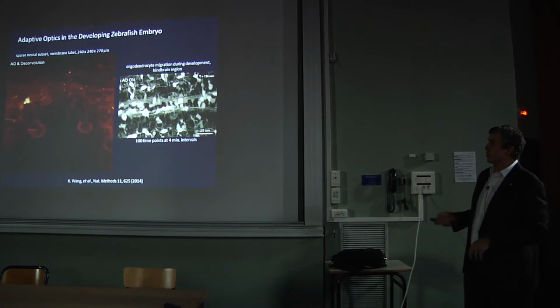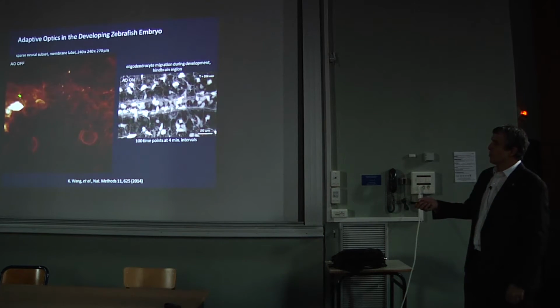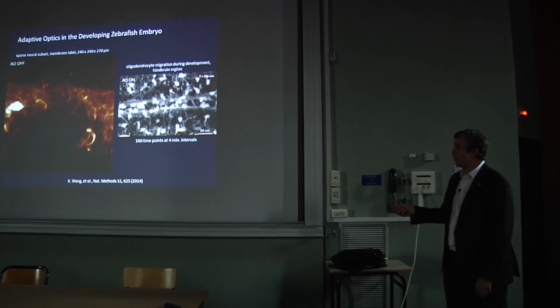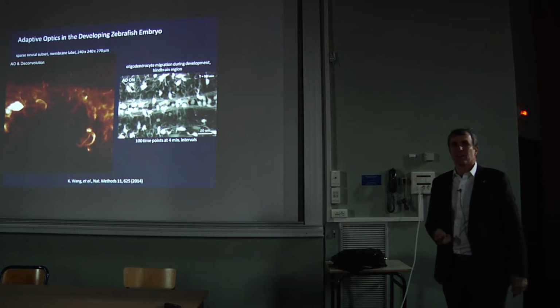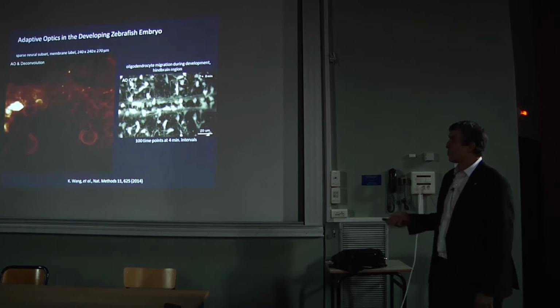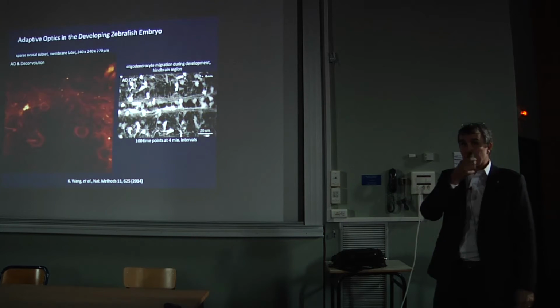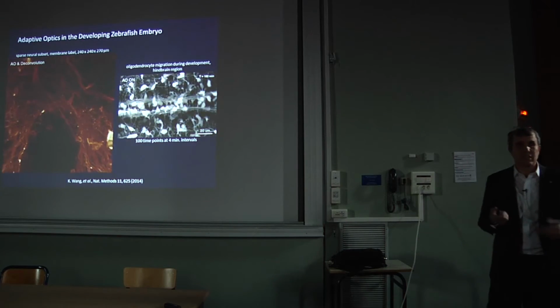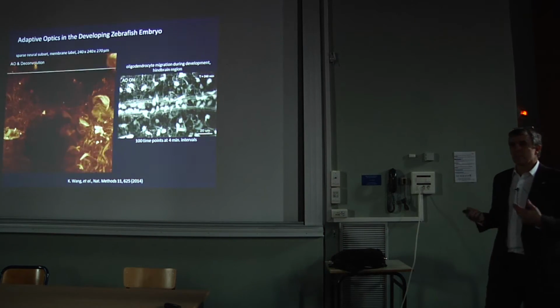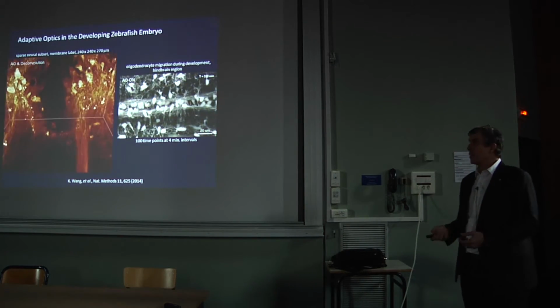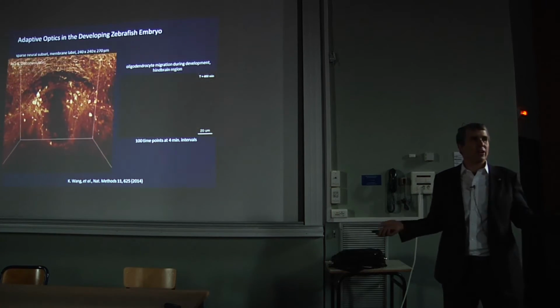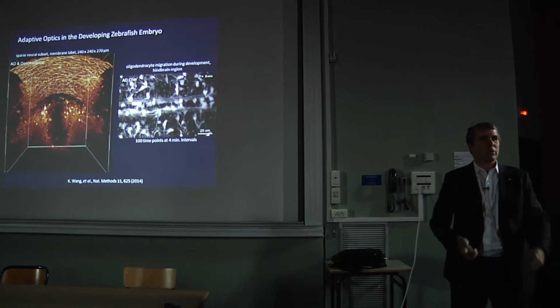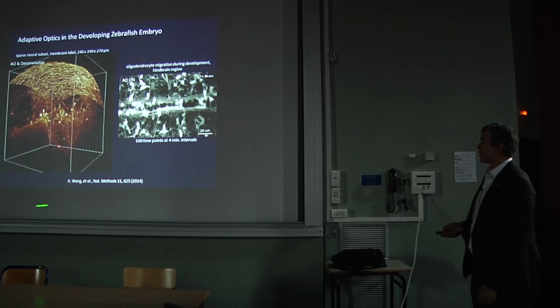So in this case, it's 20,000 corrections. But if we turn the adaptive optics off, that's what you would see with a state-of-the-art 2-photon microscope. But now with the adaptive optics, we're able to recover diffraction-limited resolution. It's not super resolution, but it's just getting back to where we would be if these features were spread out on a cover slip instead of buried deeply inside of a whole organism.